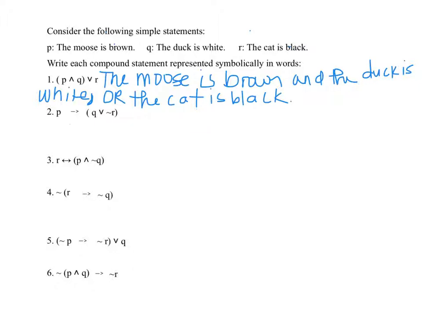All right, let's look at another statement. Let's look at the second one. This says P, arrow, and then in parentheses, Q or not R. So that arrow corresponds to if-then. So the first thing I'm going to say is if, and P is the moose is brown, so if the moose is brown, then all this that's in parentheses is happening, okay? So if the moose is brown, then Q, the duck is white,